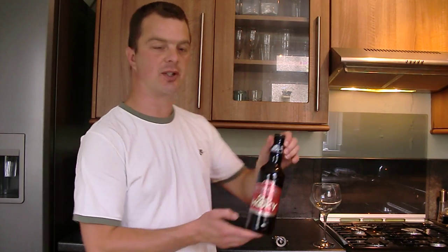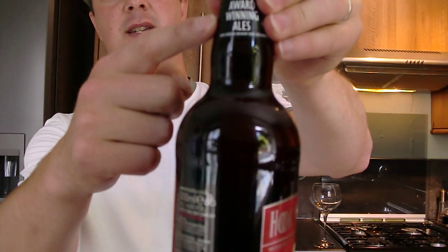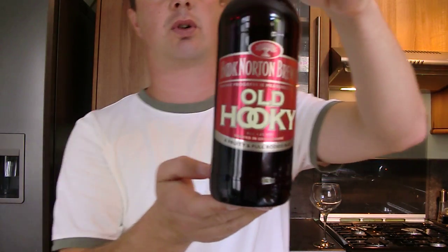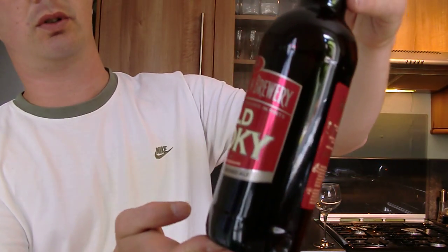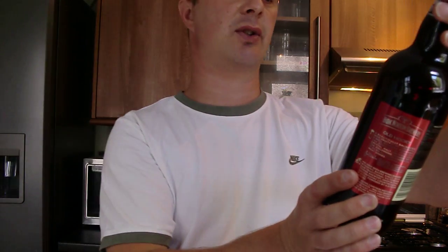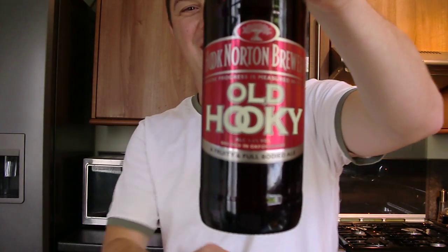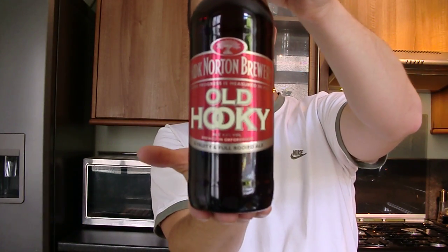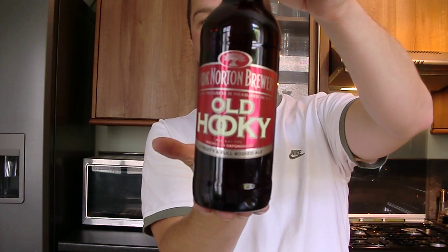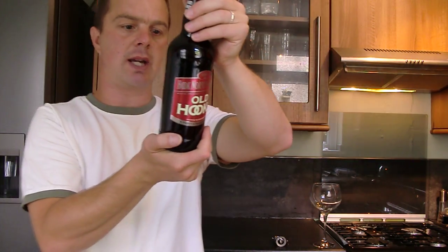Today's beer is another special beer. It's an award-winning ale. As it says there, it's Old Hooky from Norton Brewery. It says on the bottle, where progress is measured in pints. So I imagine they sell a lot of it. It's a pint bottle, it's 4.6% in volume. It says serve cool, not cold. Chilled. Okay,